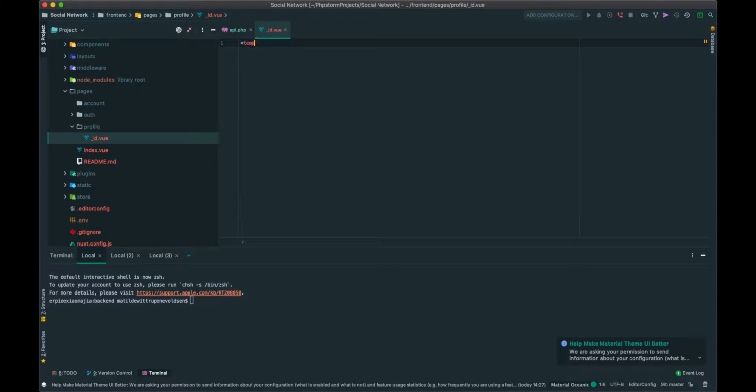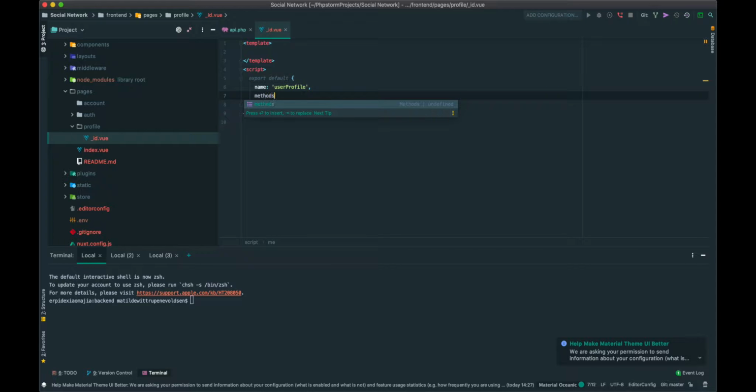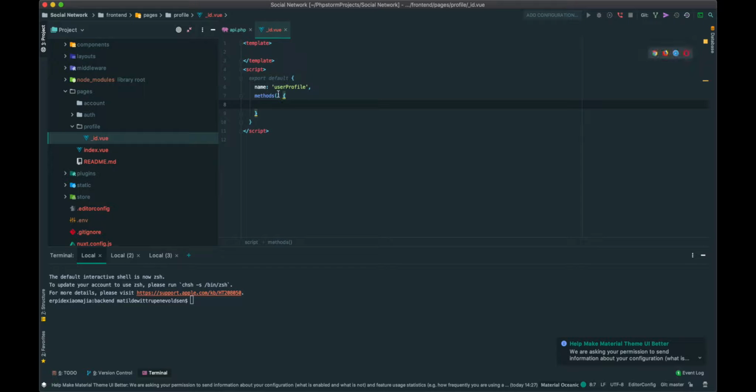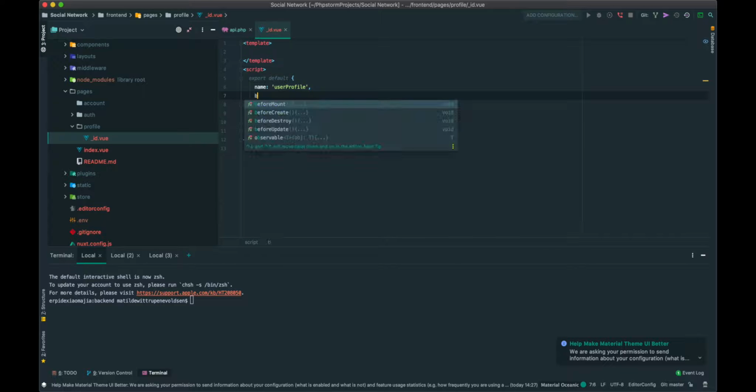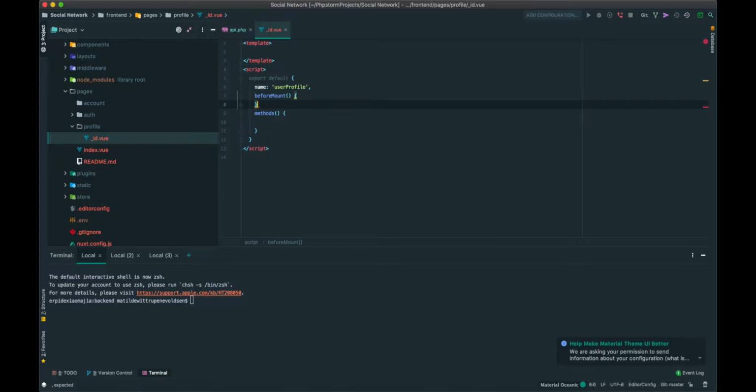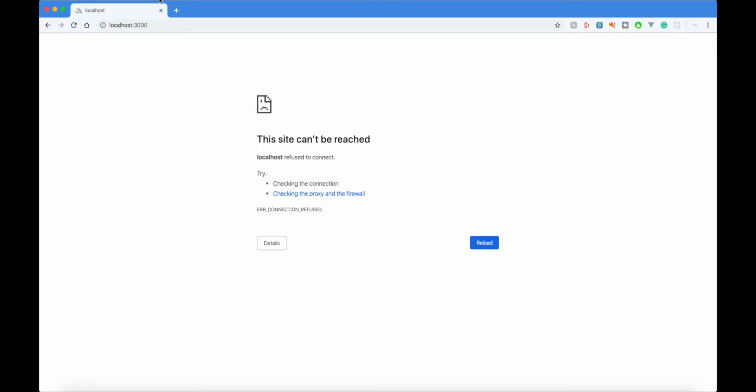And let's go in and create a template for this. Let's go down here and create the component. So the name for this component is just going to be user profile. And we're going to have some methods in here. And then we're also going to be calling a function before mount. So what we can do now is we can go inside the